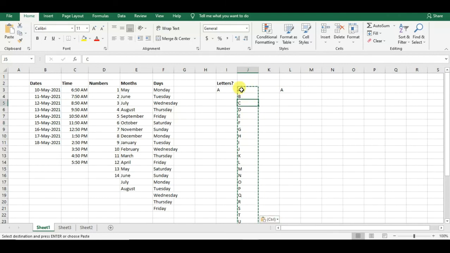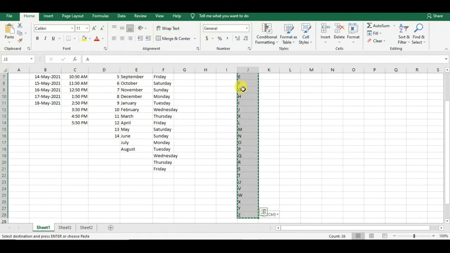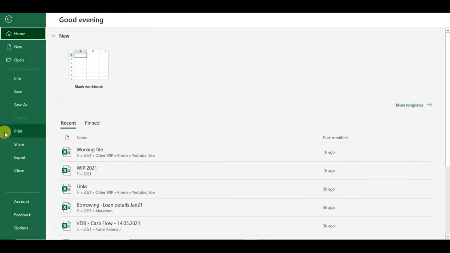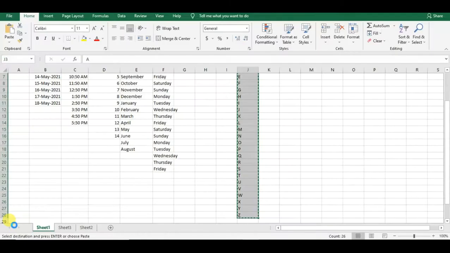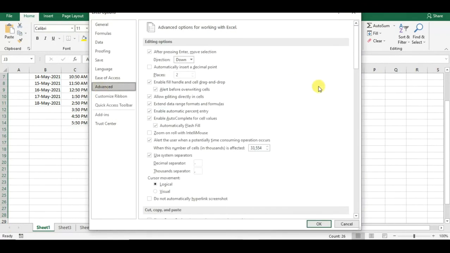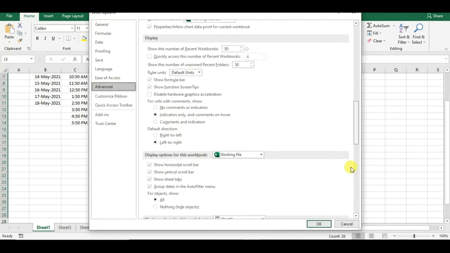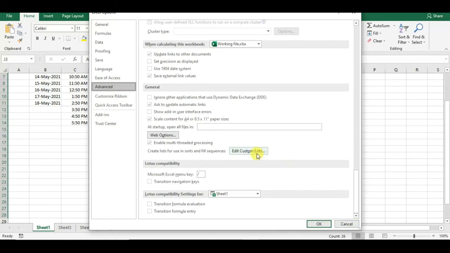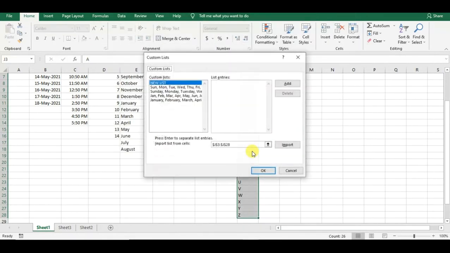Now again select this whole range A to Z and go into File, and then Options. From Options go into Advanced, come all the way down here and click on Edit Custom Lists.